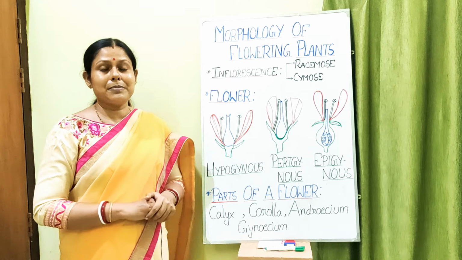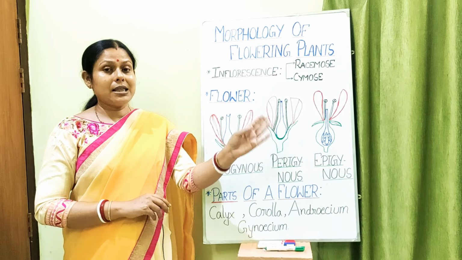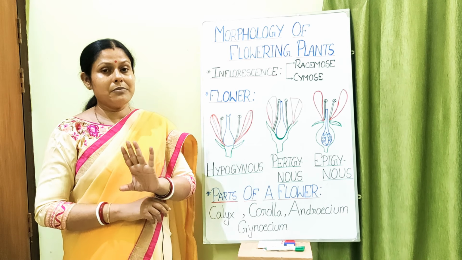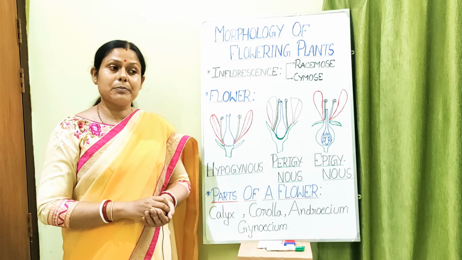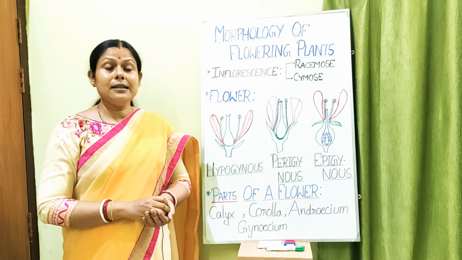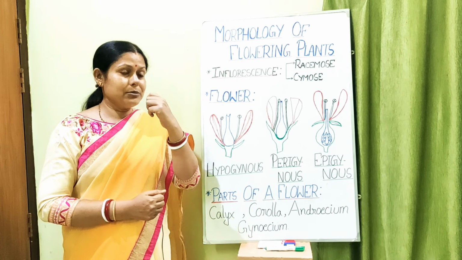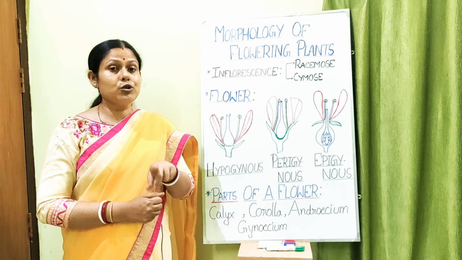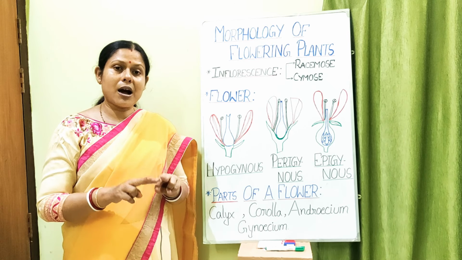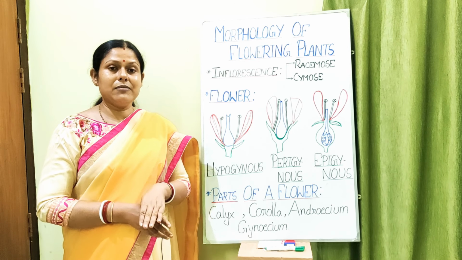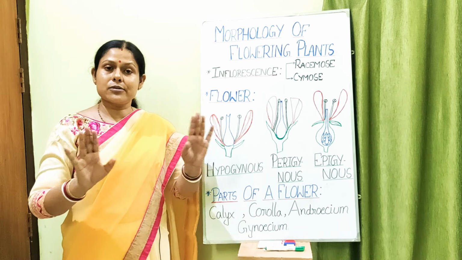And there are some plants in which there is a male plant which bears separate male flowers, and there is a female plant which bears the female flowers. What is the example? The best example is papaya. In case of papaya you will find a male papaya plant, and in that male papaya plant you will find male papaya flowers. So the plant is separate and the flowers are also separate. But in case of cucurbita, that is the pumpkin family plants, the plant is the same but the flowers are different. That means male flower and female flower are different but born on the same plant. But in case of papaya, the plant is also separate and the flower is also separate.